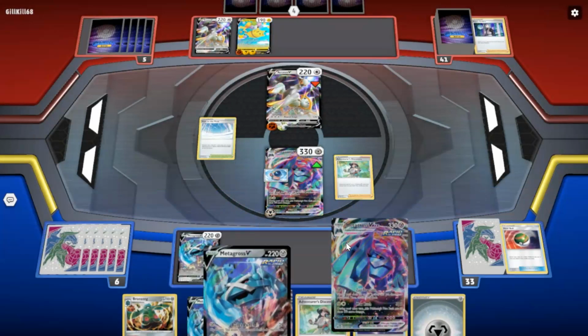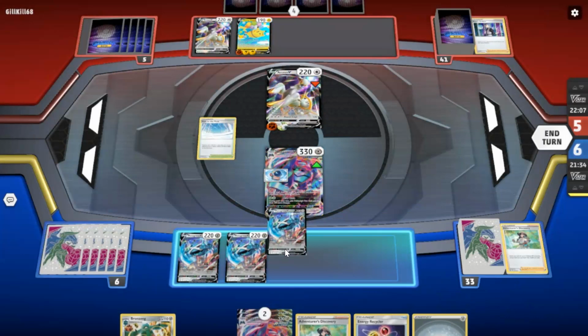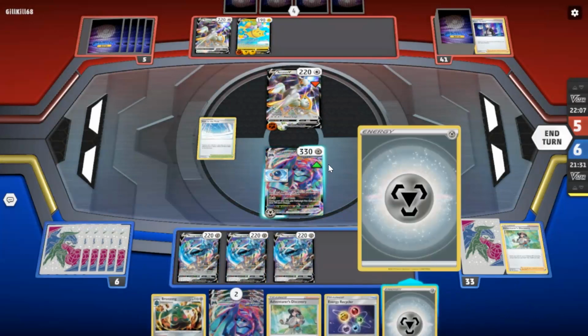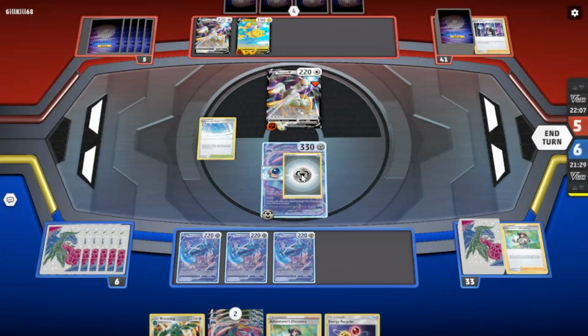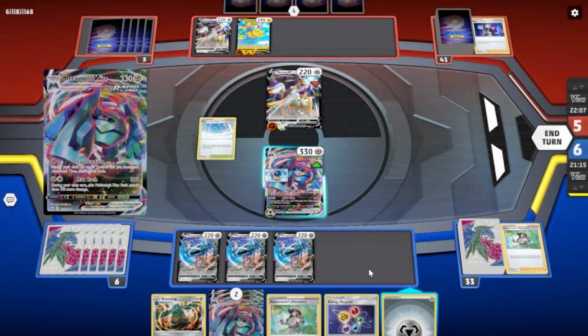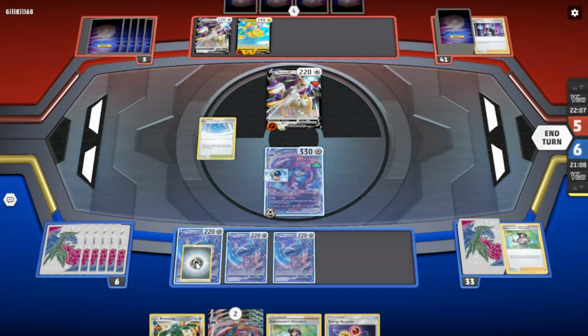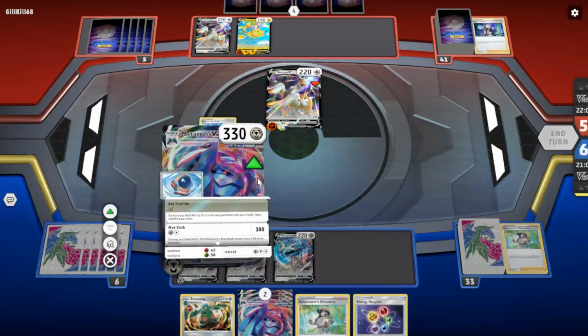Yeah, I don't need 10 Metagross. It's not the Blaziken deck where I really need this. Wow, I just messed that up. All right. I'm going to attack anyway. I'm going to think about this for a second. I can't evolve these. If he attacks me next turn, what do I do? You know what? Yeah, let's get cards in our hand. I know what we're going to do. We're going to get...